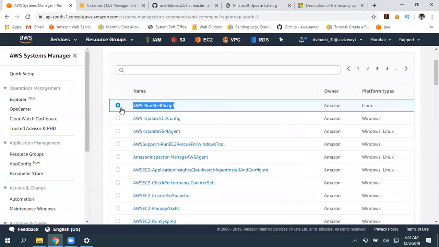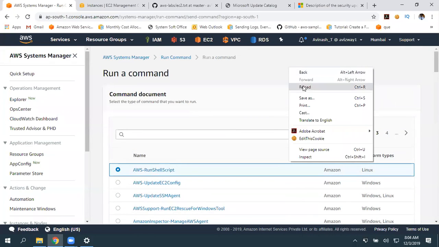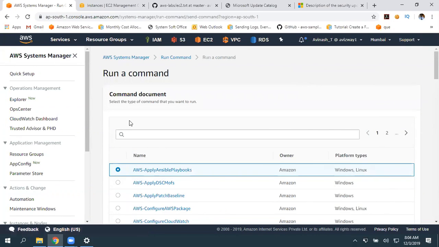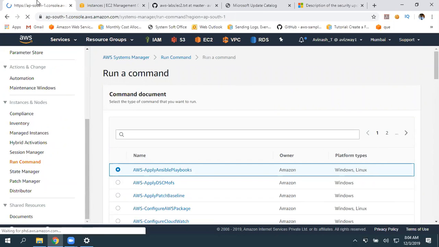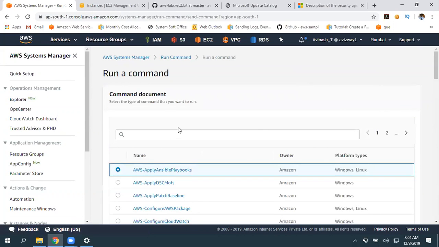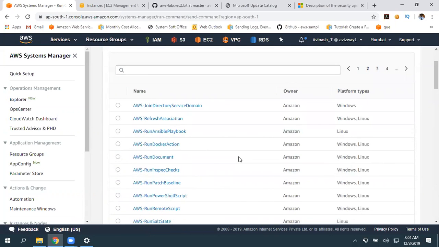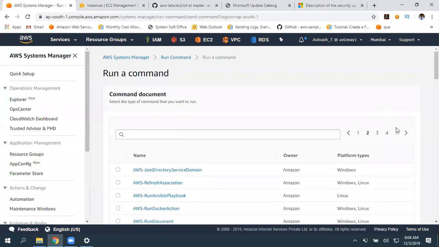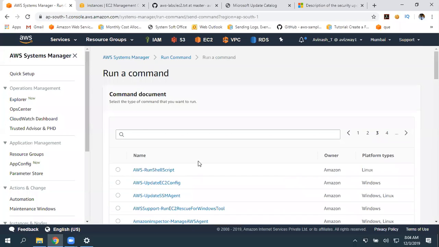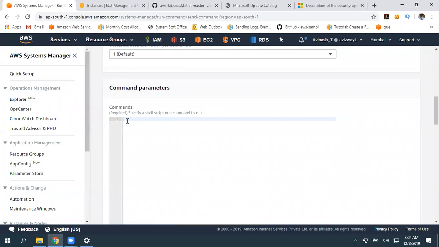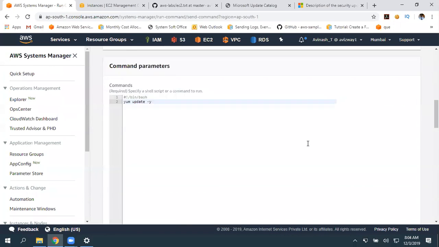For example, you have a Linux EC2 instance and you want to update all Linux instances with security patches. So simply go here, run command, run shell script, scroll down, give all your commands. yum update -y will update our operating system.